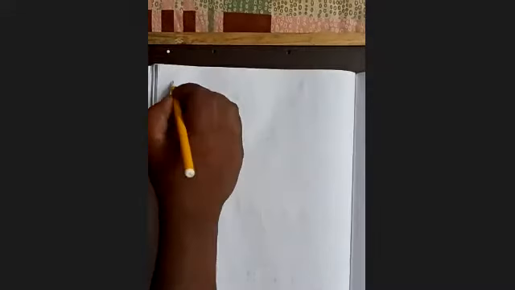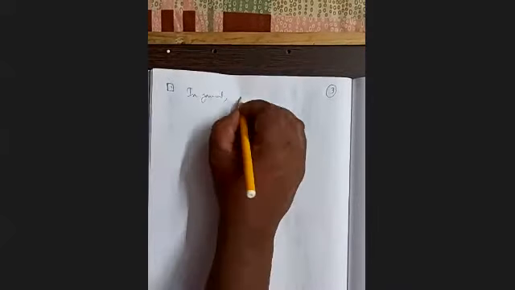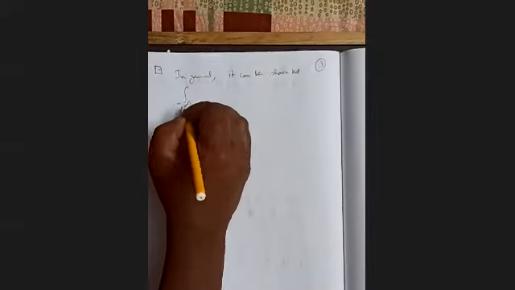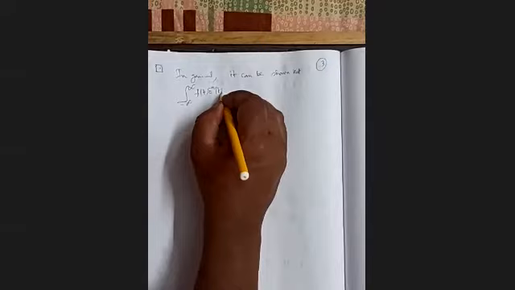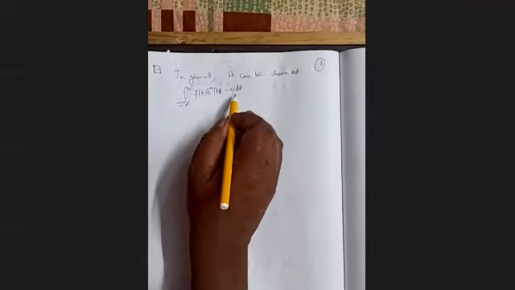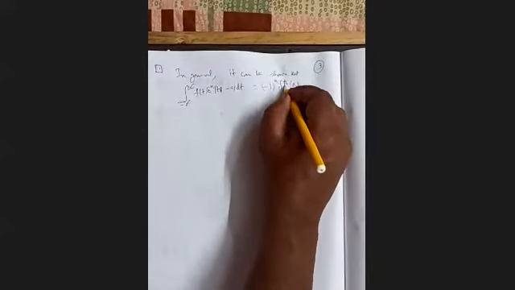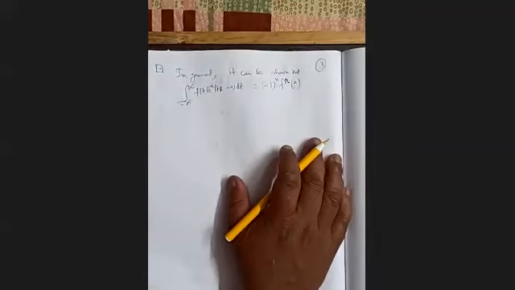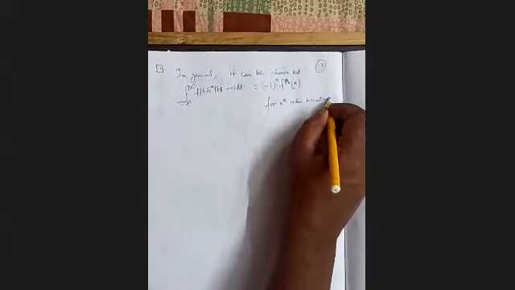In general, it's page number 2, 3. In general, it can be shown that integration from minus infinity to plus infinity of f(t) delta n (t minus a) dt, that is the nth order derivative, equal to minus 1 to the power n, f n of a. This is for the nth order derivative.